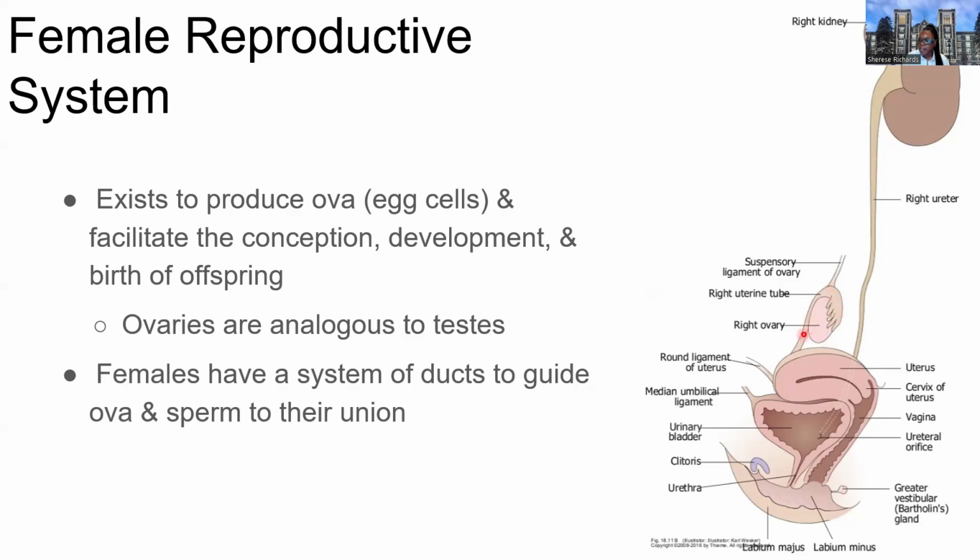Now, if there is a mature, viable sperm in the uterine tube at this point, then we're going to see fertilization. And then from there, we're going to begin to see the zygote formation, which is a fertilized egg, and that is going to lead to the embryogenesis. Now, that is eventually going to make its way down the oviduct or the uterine tube, all the way to the uterus where implantation will occur. So very important to think about that duct that guides the ova and sperm, ensuring their union, right? Providing all the right temperatures, all the right factors, all the right nutrition